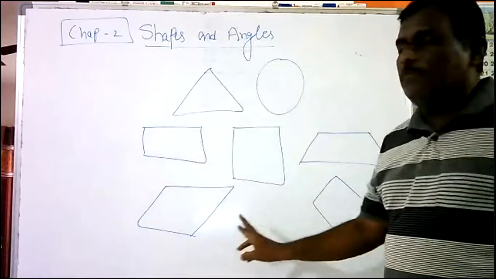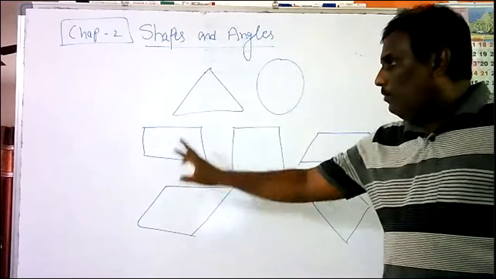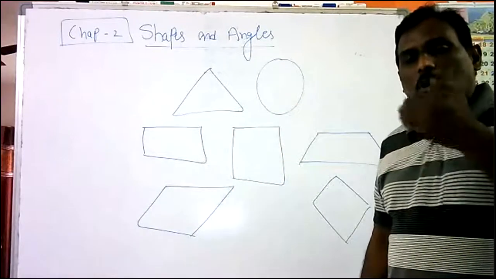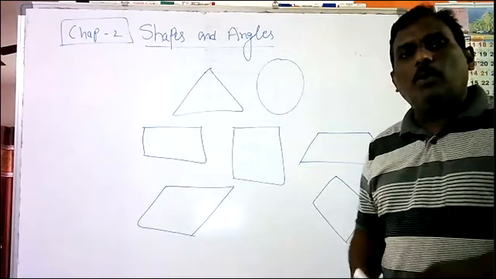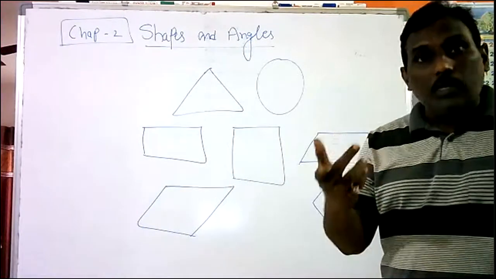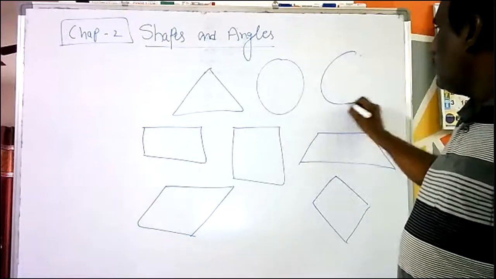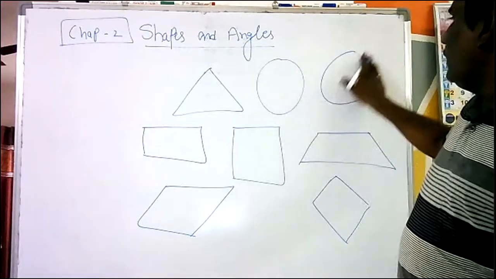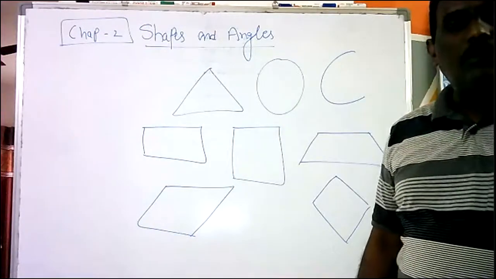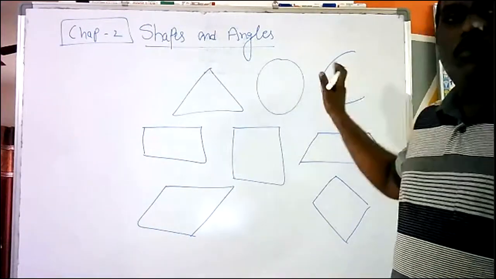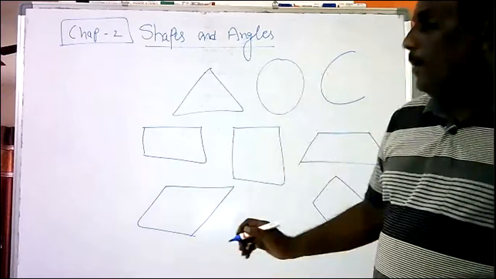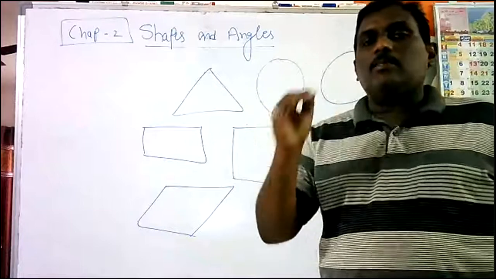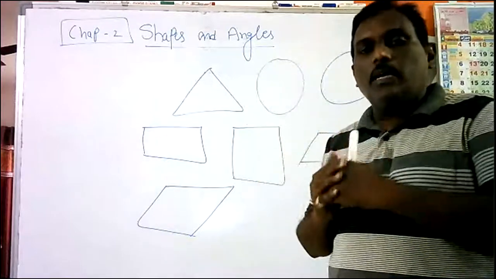All these are called different mathematical shapes. And if you look at the shapes, all are closed. You can ask, when I'm talking about closed shapes, is it possible to have open shapes also? Yes. Look at this. This is called a parabola. Parabola is open from this side. So there are some mathematical shapes which are open also. So in detail, step by step, we are going to study this chapter.